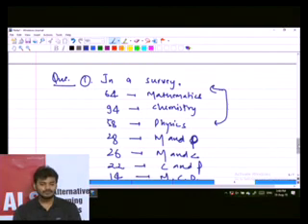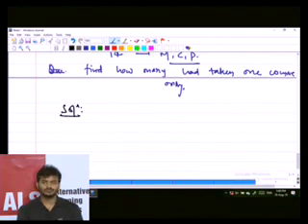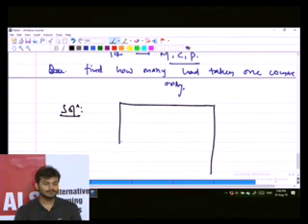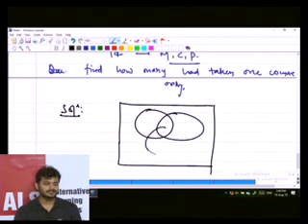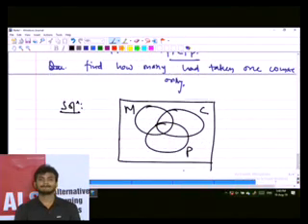Alright? So how would you start this problem, bachcho? Let me solve this for you, then things will be quite easy and you can solve it on your own. This is the very first problem, so let me tell you how you would solve it. Make a proper Venn diagram first of all. This is A, this is B, this is C. Basically, this is maths, this is chemistry and physics. Now what is the innermost part, which is common to all 3? This is nothing but 14. We have 14.